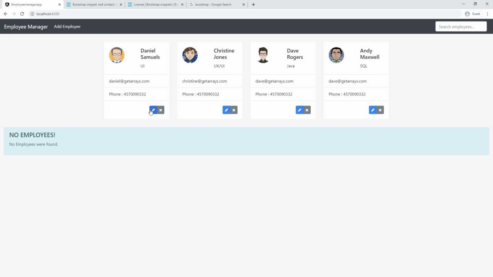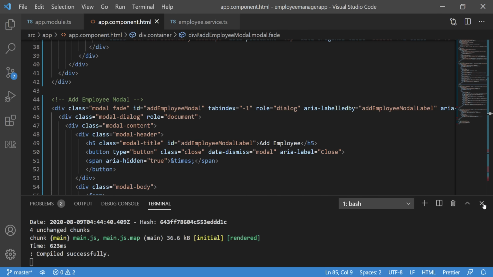And I want the same for the edit. So when they click on edit, I want a pop-up window to come up, and that pop-up window should be pre-filled with the existing employee information, and then they can edit it and then save. And when they click on the X here or delete, I want a pop-up layer to come up again, or a modal, and they can either delete or cancel. So as you can see, those three functionalities are very similar. The modals are going to be different, or the layers are going to be different, but all three functionalities are the same. So if we go back to the template, and I'm going to close this for now,